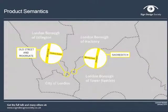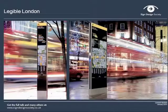This brought about something that I like to call the Shoreditch question. I think it's changed a lot now, but there used to be an assumption that it should somehow carry the city brand or logo. It was really about the people who were providing the signage system. And one of the things that I think over the years has been a challenge and a success in most places,